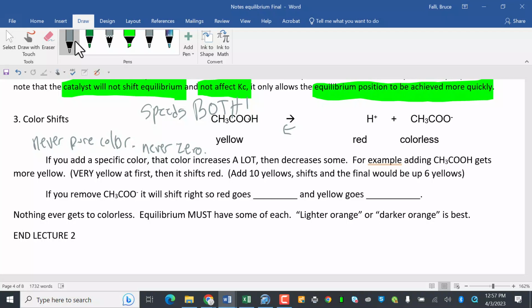For example, if I add CH3COH, it gets more yellow. Very yellow at first, then it will shift to red. So if I add 10 yellows, it will shift, and the final would be up 6. Okay, so my analysis of that would be